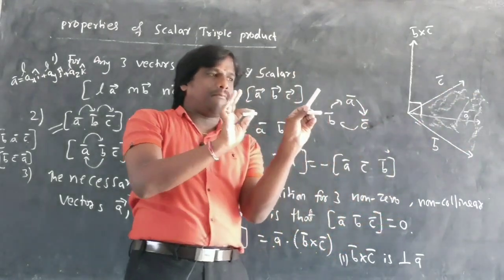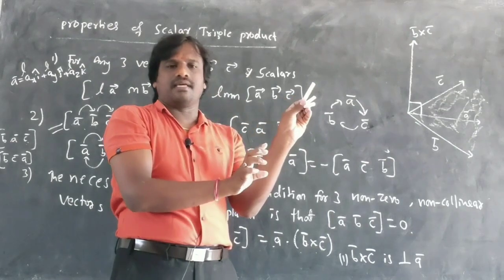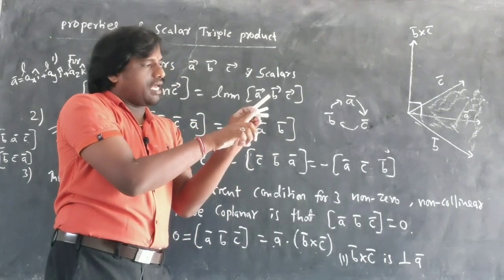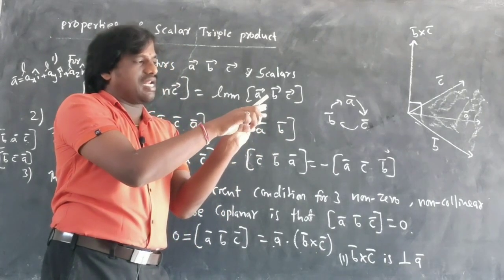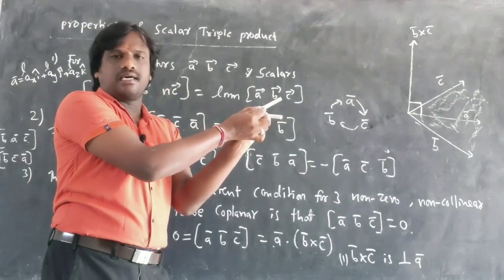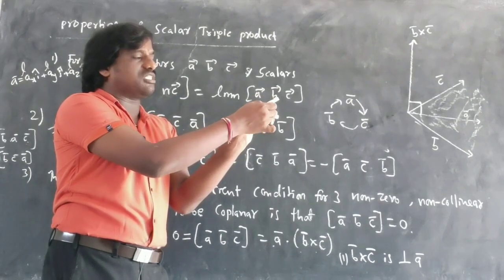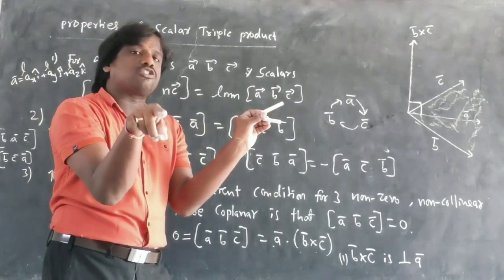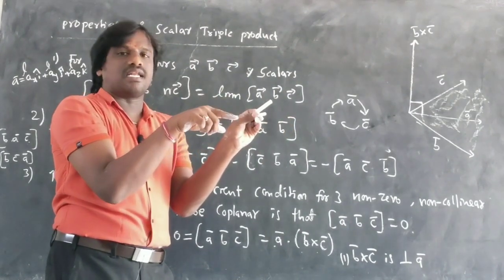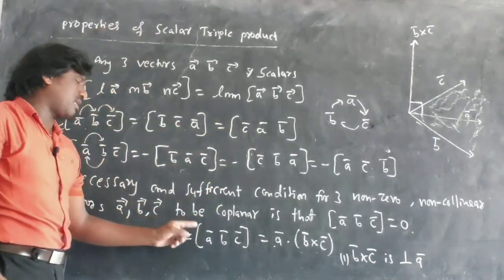See here, these three vectors are lying in the same plane. Okay, three vectors are lying in the same plane. A, B, C are lying in the same plane. And if I do the cross product of B and C, I get a perpendicular. It means this is perpendicular to the same plane of BC, so it is also perpendicular to which one? A vector. If they are perpendicular, then their dot product will be how much? 0. That's why box ABC is 0.